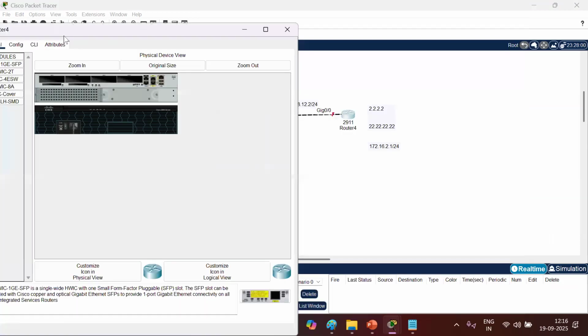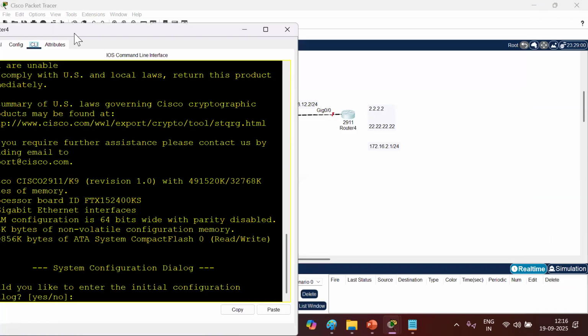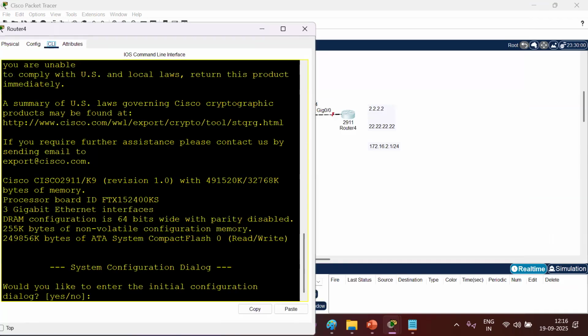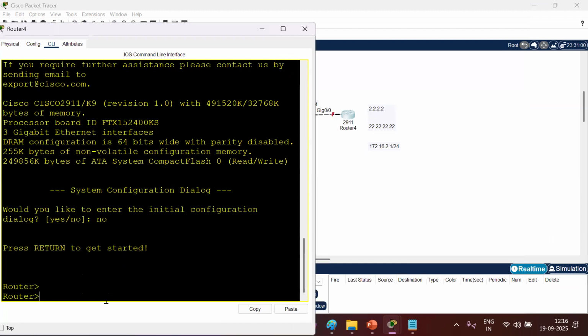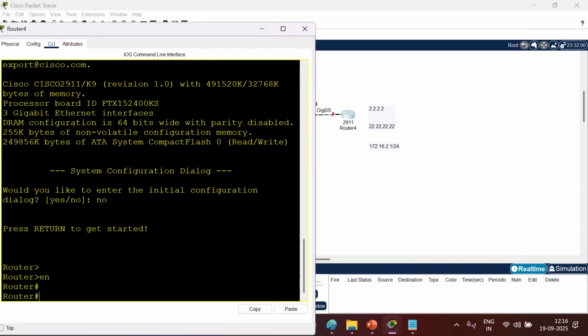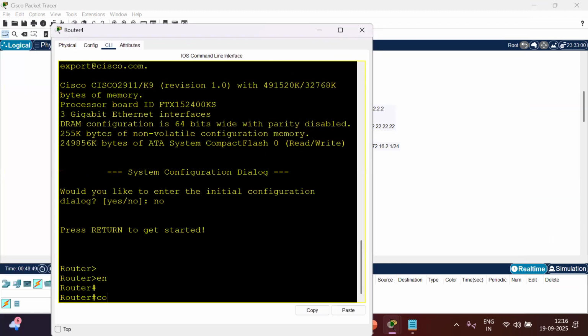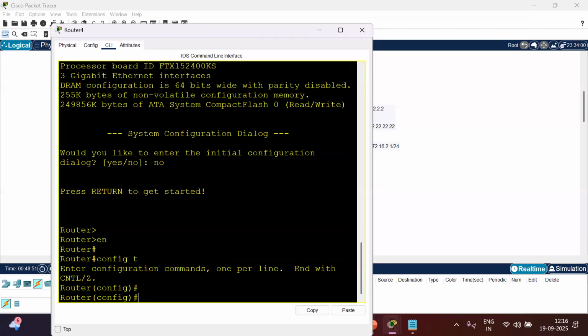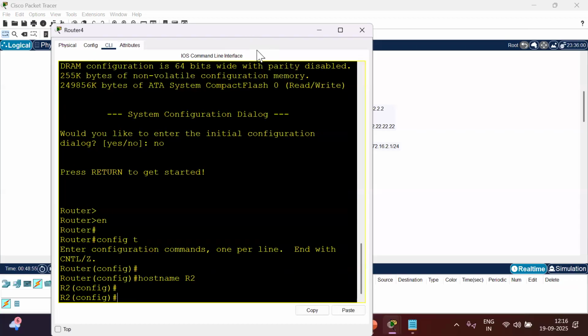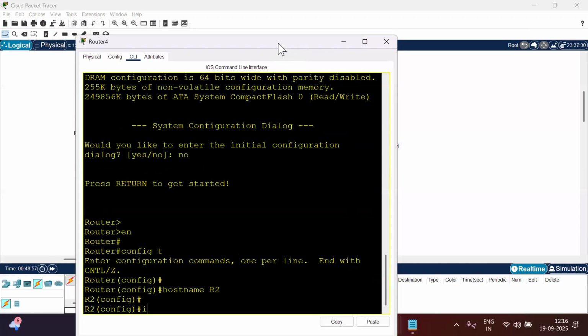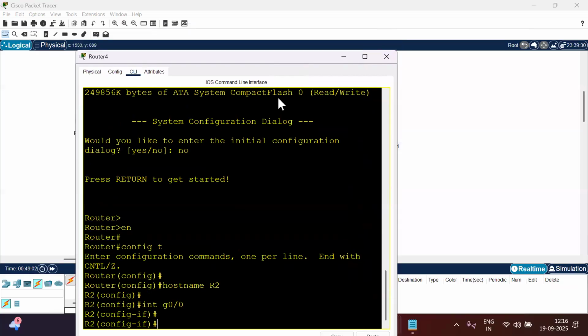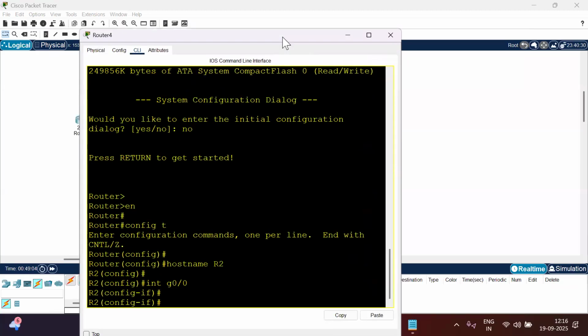Then CLI, enable, config t, hostname as Router 2. What is the interface number? 0/0 only. Interface G0/0. What is the IP? 12.2. So the IP address is going to be